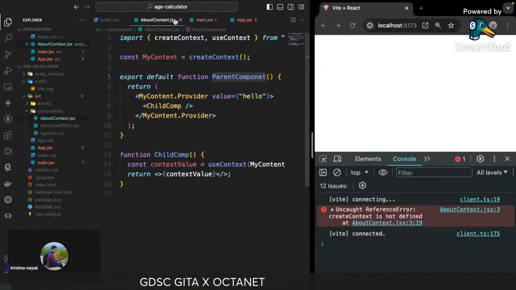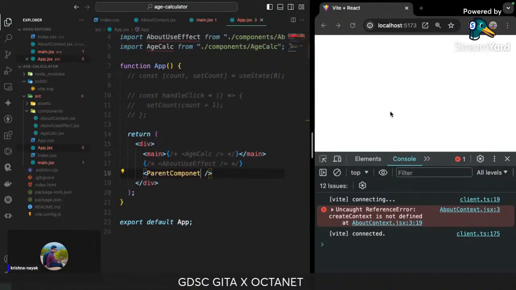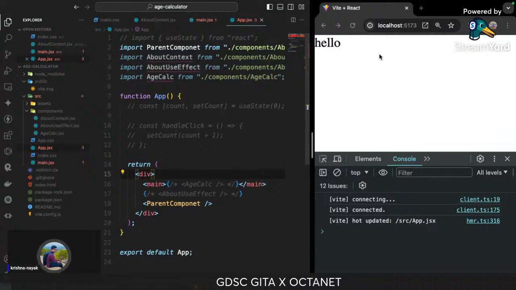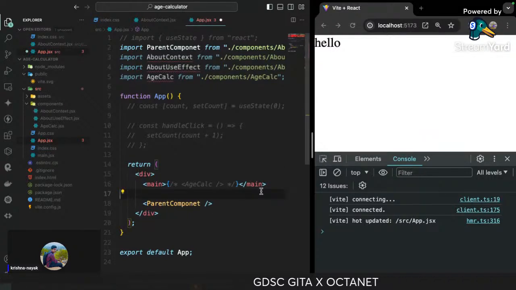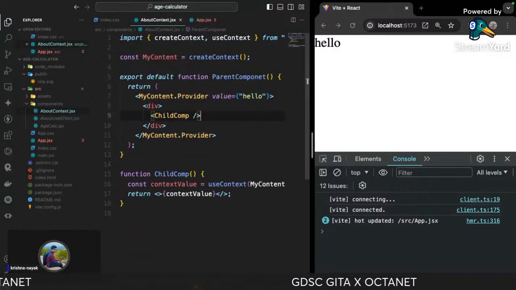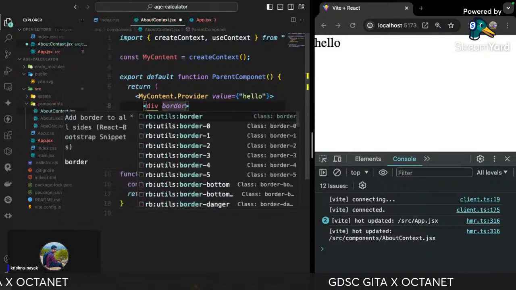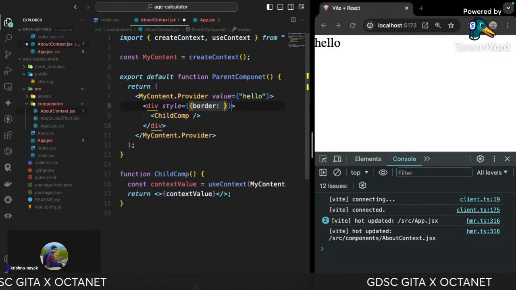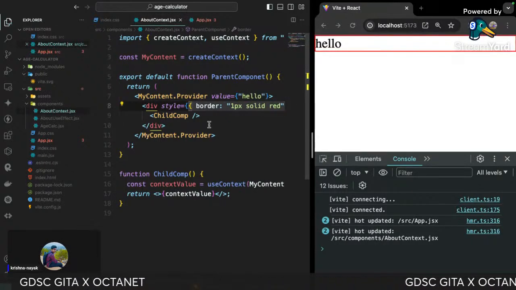In app, now it's showing hello about. So suppose we are adding a border style of 1 pixel solid red. Okay, this is the parent